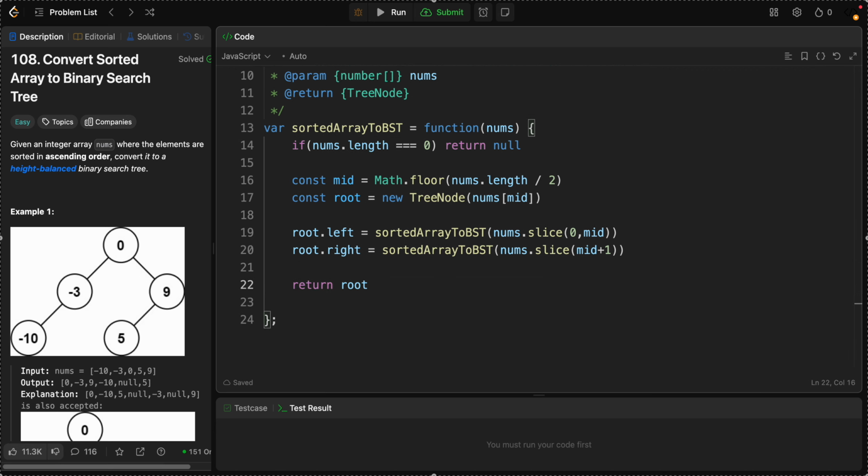It's a recursive function, as we said before, so it's not that easy to understand. Let's understand it one by one. First, we have a base case. In any recursive function problem, we should have a base case: if the array is empty, nums.length equals 0, we return null. After that, we have the recursive case. We find the middle element of the array, where mid equals